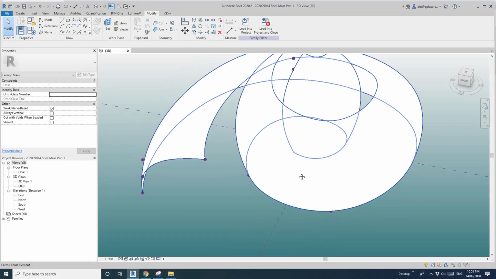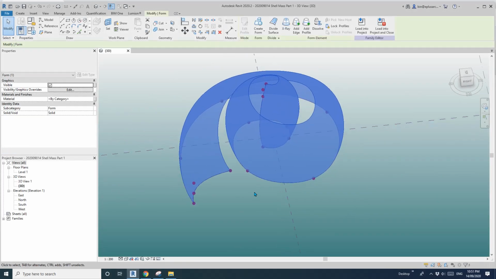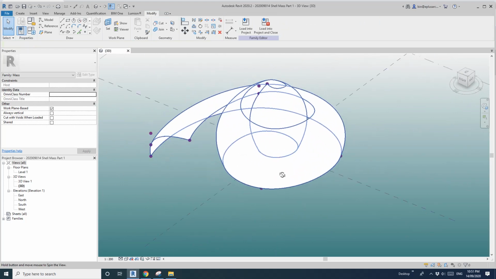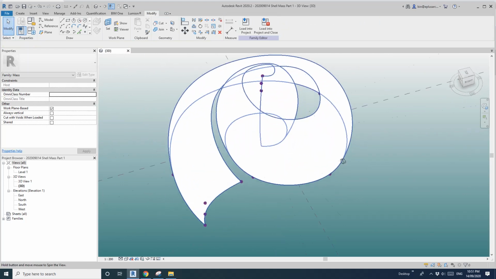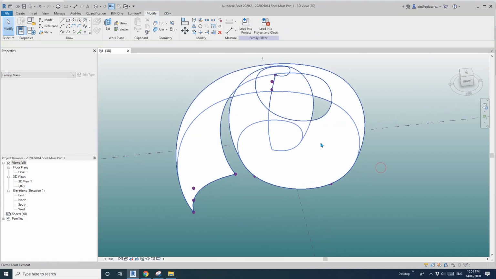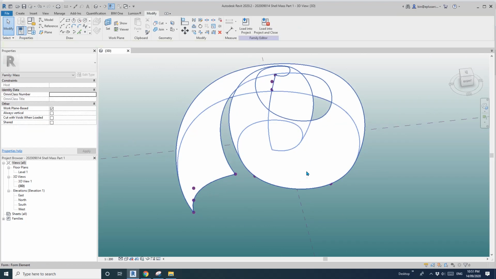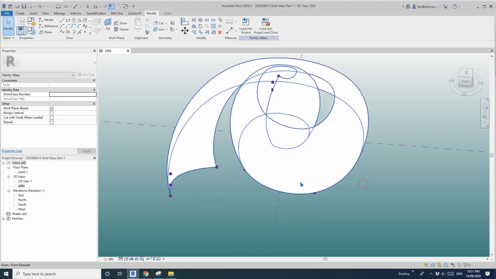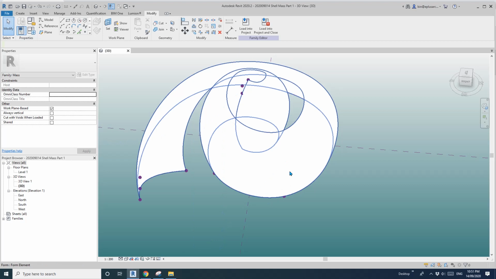Hey guys, yesterday we modeled this shell shape meshing. Today we're going to make it more complete and create some panels and some structures to it. Okay, so first up,